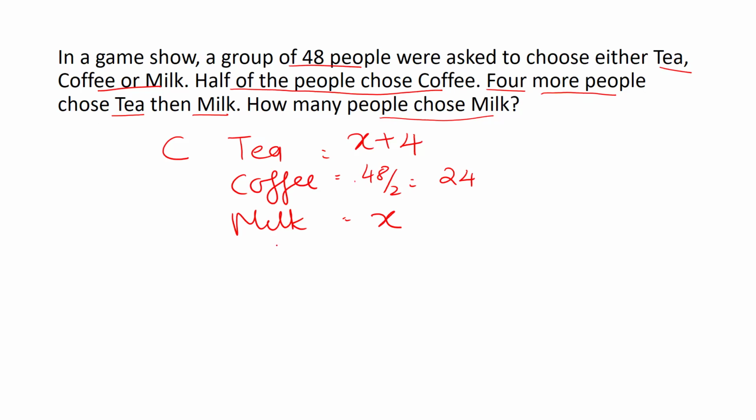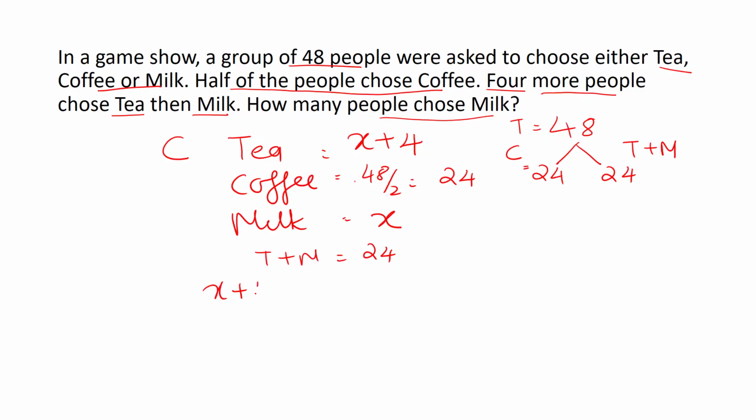We know that 48, if I halve that, is 24 and 24. So out of this total, 24 of them chose coffee, and we have another 24 who have chosen tea plus milk. So tea plus milk is 24, in that case tea is x plus 4, plus milk is x, which is